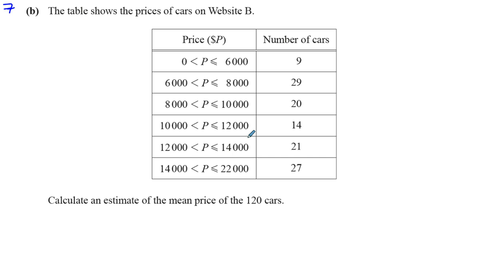in the data that we were given. So they've given us here the frequency table, and it's a grouped frequency table, and we've got to find an estimate of the mean price of